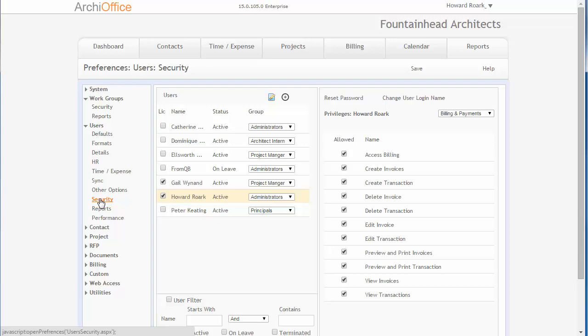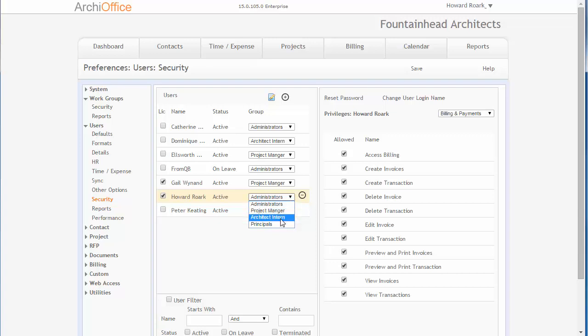This is where the actual privileges are set. All the workgroups get you is a convenient way to set these all at once in a bulk type of operation. To explain this more clearly, let's say Howard Rourke was reduced in privileges,